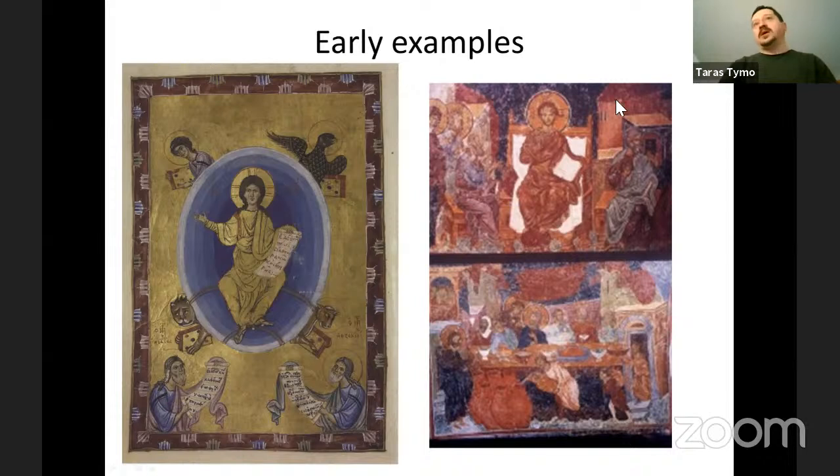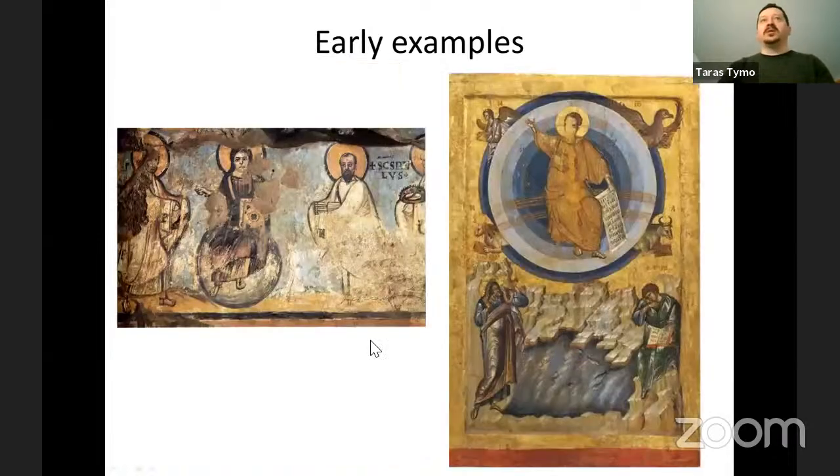And in this scene, again, the 12-year-old Jesus is naturally represented as Emmanuel, as a beardless young boy with the cross halo, and in this case holding a book, although he can also be holding a scroll, as in other types of